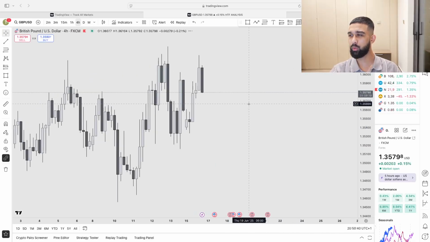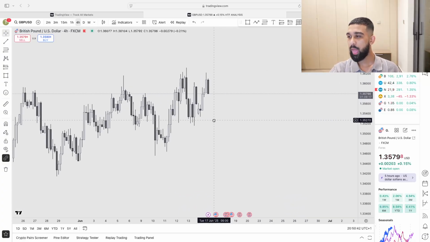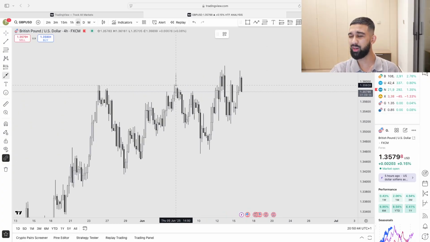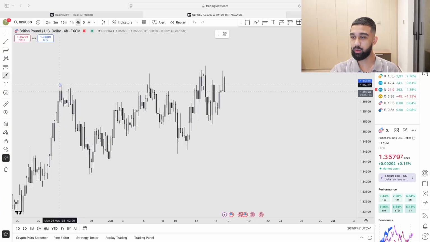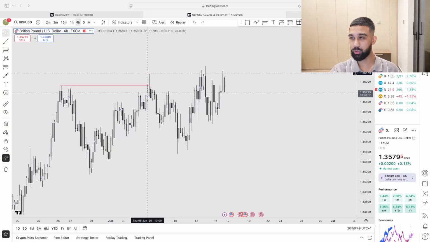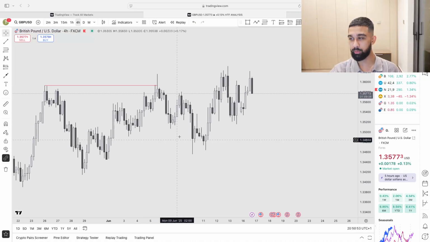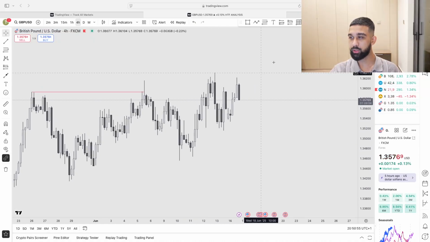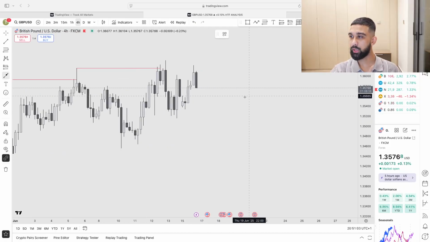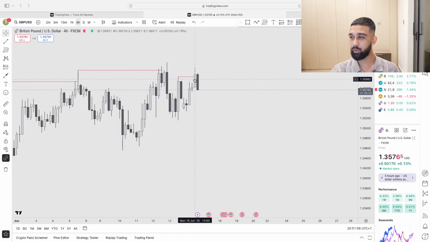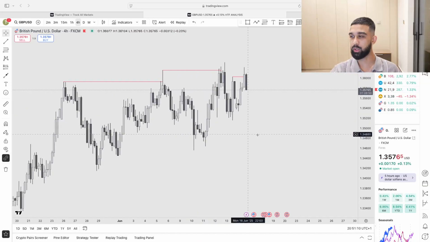Another reason why I want to wait for a bit more confirmation here: this is GU right now, very, very choppy actually. We've taken out this high on GU, and then we haven't closed, and we traded lower, and we traded lower, and we didn't go to the weekly fair value gap, but this is a short that I managed to catch. Then we traded higher on GU because of DXY trading lower, and we didn't close above again. We've traded lower again. Then on GU, again today we've traded higher, and we've not closed above again, well, slightly, and then we've wicked, and now we're starting to trade lower again.